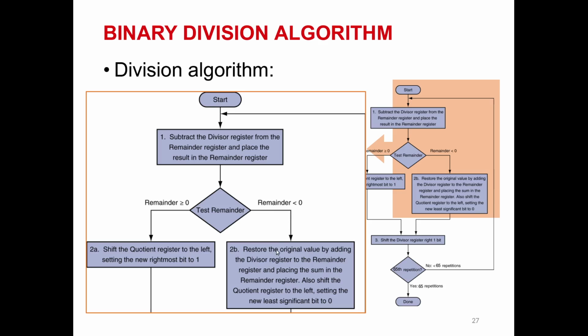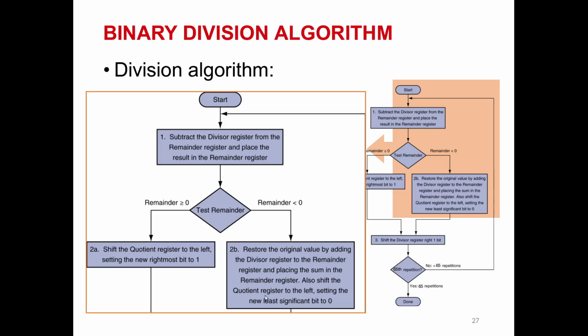it means that you have to reverse the remainder back to the previous value, and the result for the equation will be 0 for that bit, and so you need to restore the original value of the remainder by adding it back together with the divisor, and place the sum result in the remainder register,